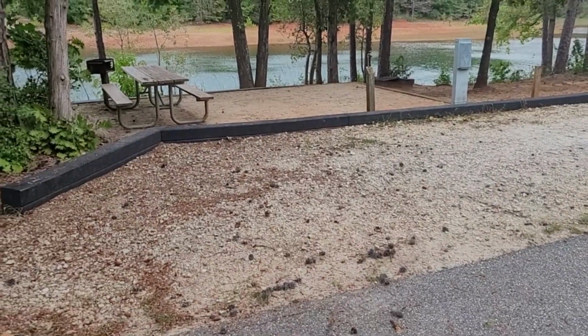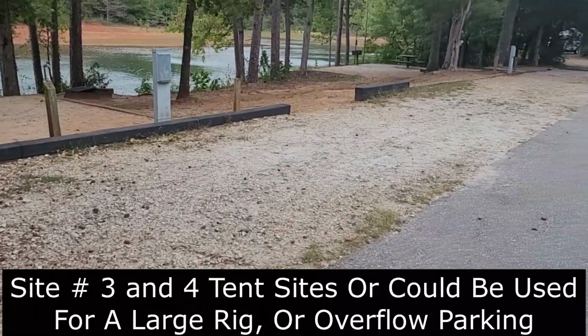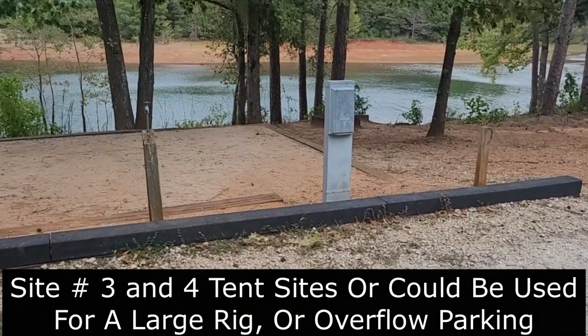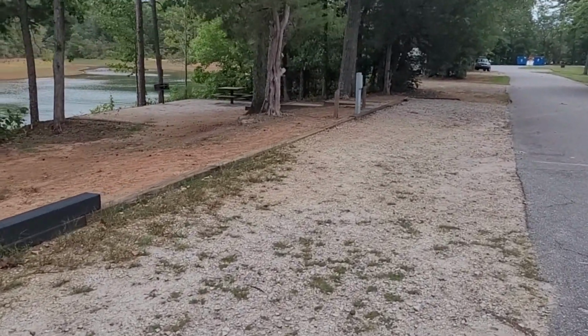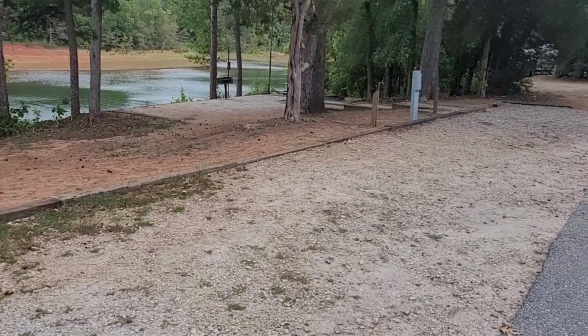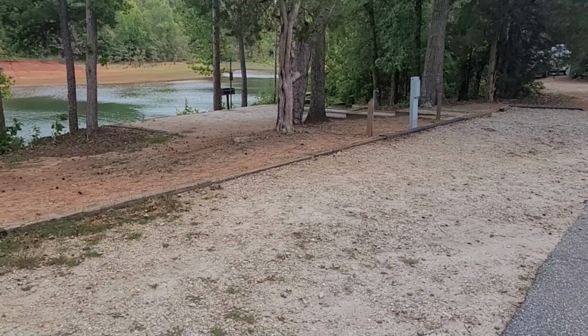All right, this is actually the tent sites, site 3 and 4. But you can see there's room out here on this outside. You've got power and water here. You also have power and water a little further down. You could put a large rig here. You would just be facing away from the lake,